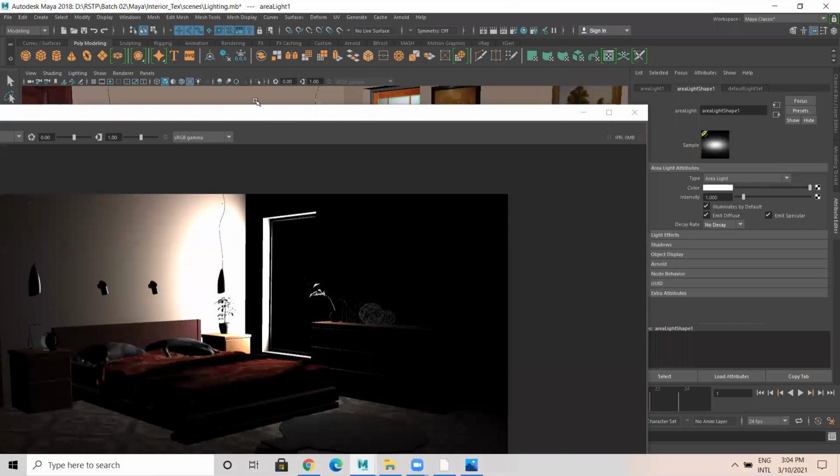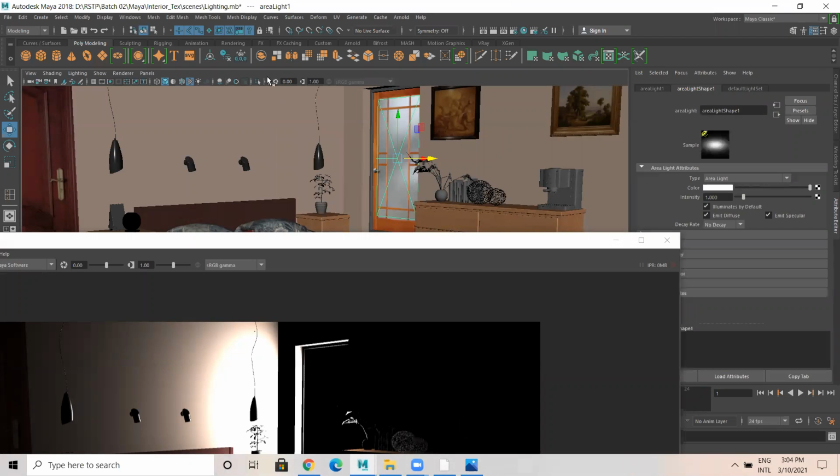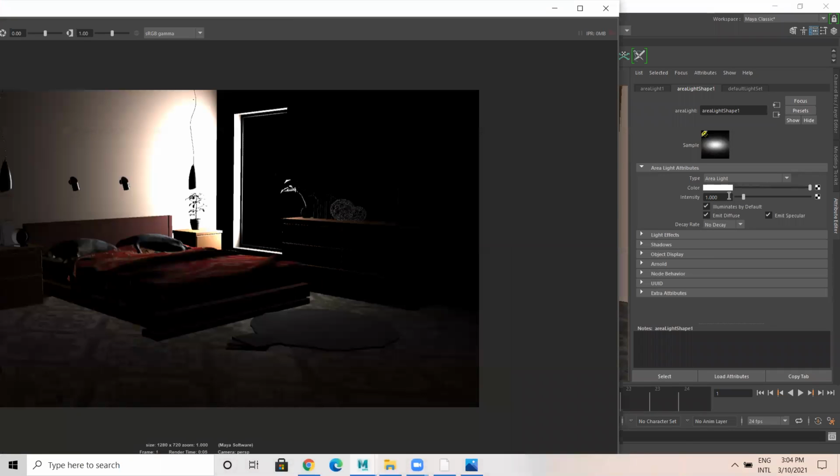You turn this off so that you are not able to select the model and will be selecting light only. Here, select surface objects. Fine, now light has been selected.